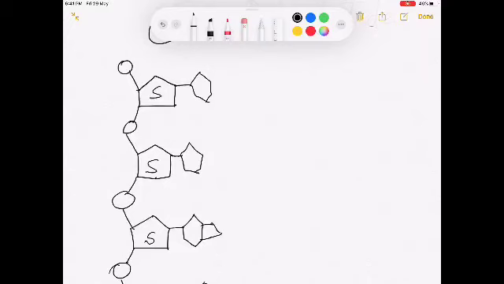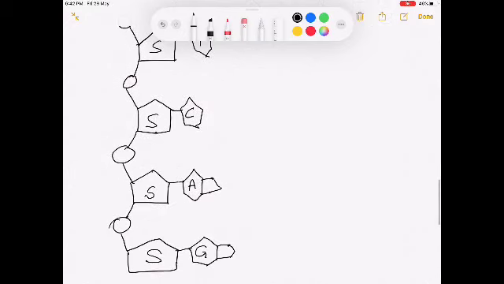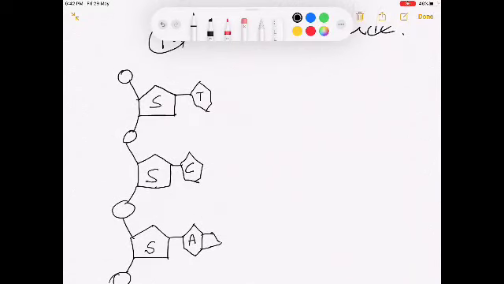So you can see here that it is complementary. Suppose this is T, this is C, this is A, and this is G, our nitrogenous bases. So we can make one more strand in front of this one. As I told you, two strands are there. Always keep in mind, students, one rule: T will always join with A only, no other nitrogenous base. So this will also be attached with the phosphate.